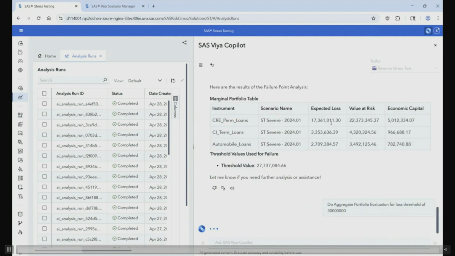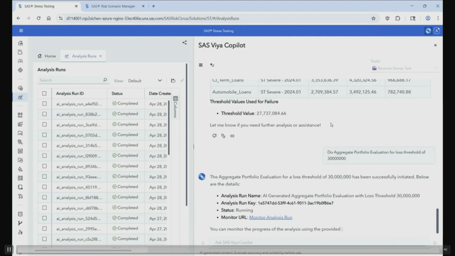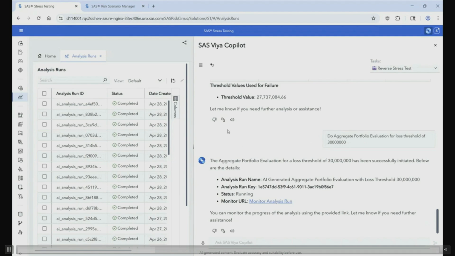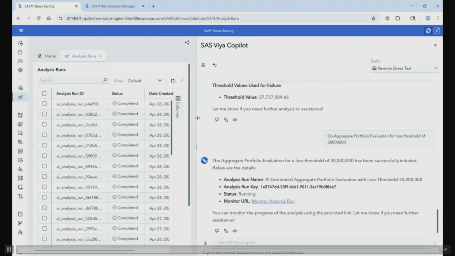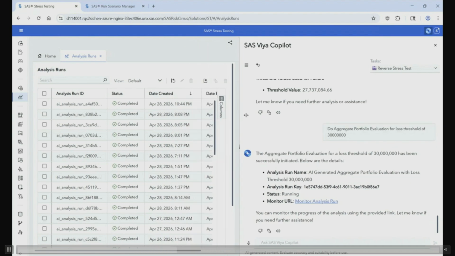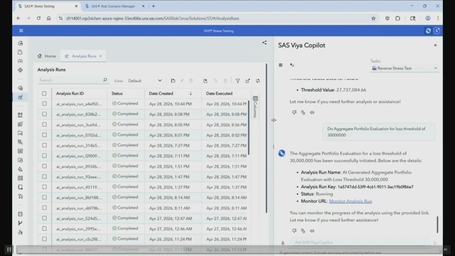I gave a different prompt here where I wanted the agents to evaluate the aggregate portfolio for failure for a given loss threshold. It's going to use the same mechanism as earlier, but with a revised set where we have a different loss threshold, and we are looking at the entire portfolio, because sometimes, even though there could be a portfolio that's sensitive, you still want to look at what my entire portfolio is going to do.